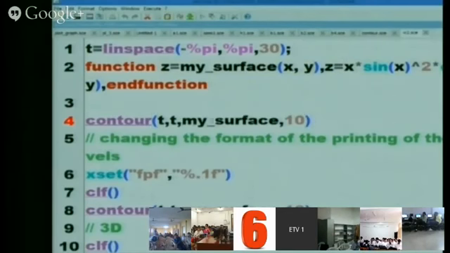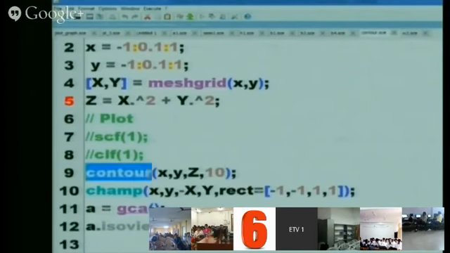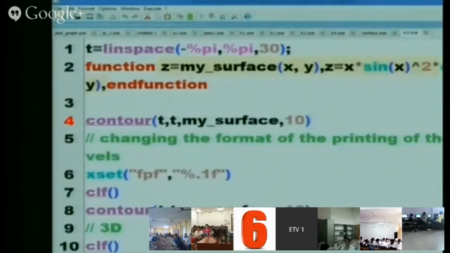Contour t comma t comma my surface. My surface, now here. The earlier one which I showed you was this one: z is declared as x square plus y square, and in the contour command you wrote x comma y comma z comma 10. Now here you declared a function z is equal to this, and then used my surface.